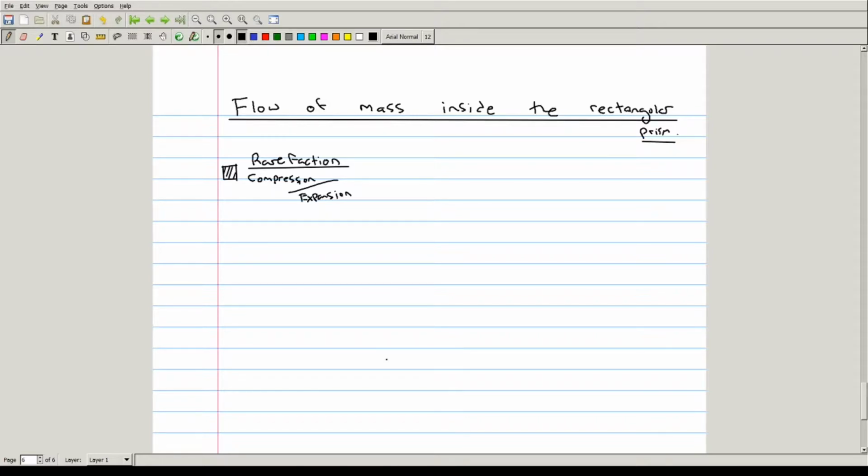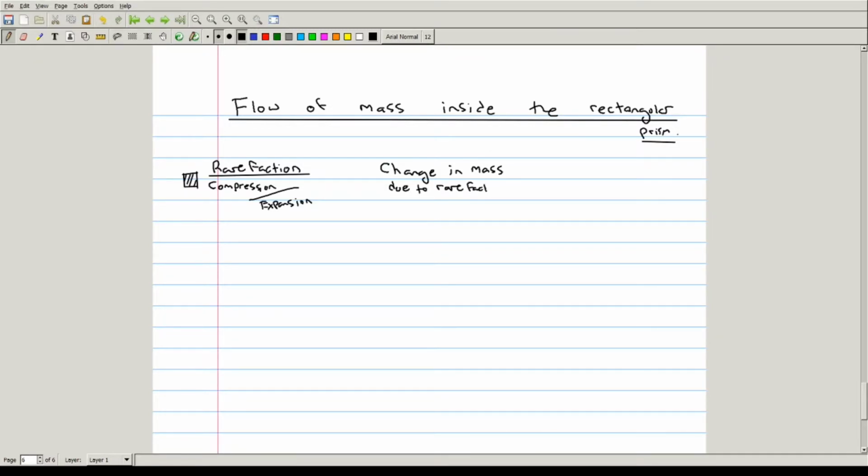If we consider how to approximate the total change in mass due to rarefaction per unit time, you'll see that this is approximately equal to